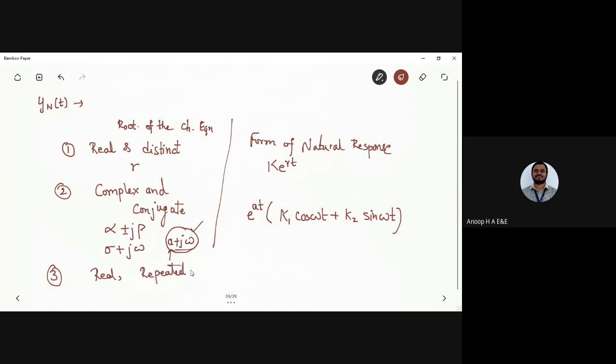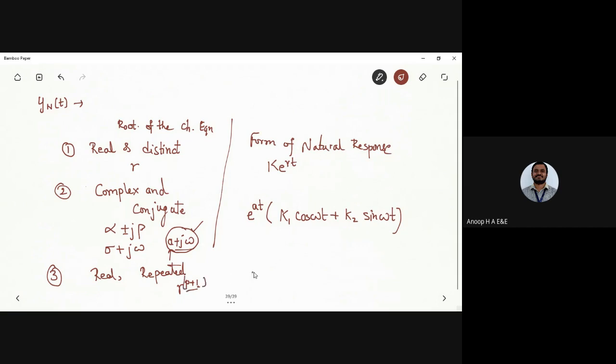Real part and the repeated part. So what it means, if it is repeated p times along with the root which is already there, it is r1, r2 which is the same, or we'll be having r1, r2, r3 which is the same. So I can have p which is repeated twice along with the original one, and that is the reason why we have r power p plus 1.